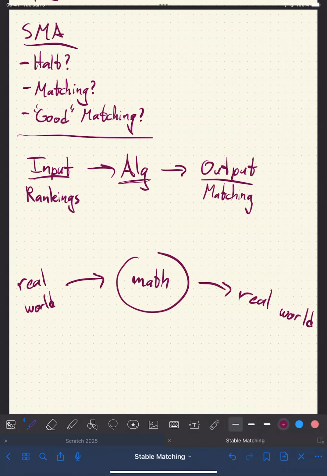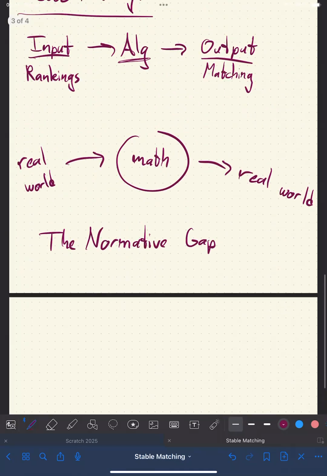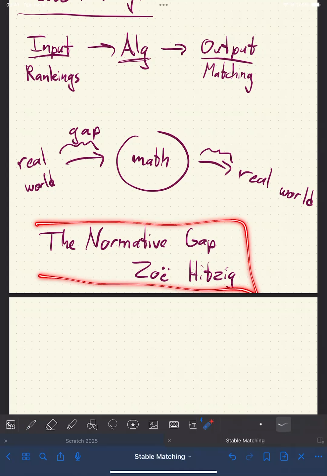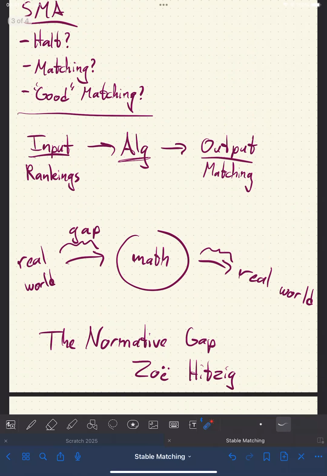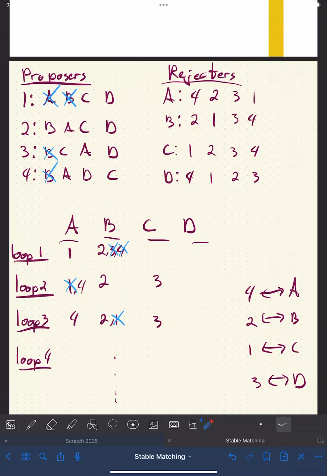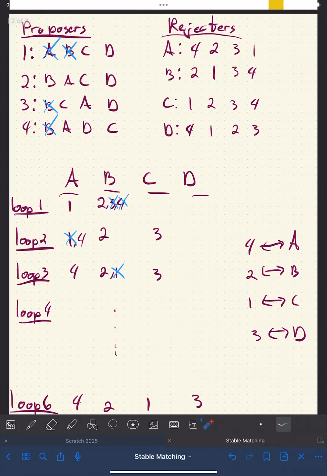So I just want to note that there's a paper called The Normative Gap, by Zoe Hitzig. Real great paper. A little bit academic, but it's still worth a read. And I believe there's an umlaut there. But anyways, the gap they're talking about is these gaps. So, great paper. Highly suggest taking a look at it. The main thing I want to say is that I just want to scope what we're doing. We're going to be talking a lot about math, and sometimes this is called jobs and candidates. So we're making a job candidate matcher. This is contentious, whether you create automated decision makers that decide jobs. Many of you may be screened through AI as you go in, looking for jobs on LinkedIn, and that doesn't always feel great. All these decision-making algorithms in the real world are contentious things,